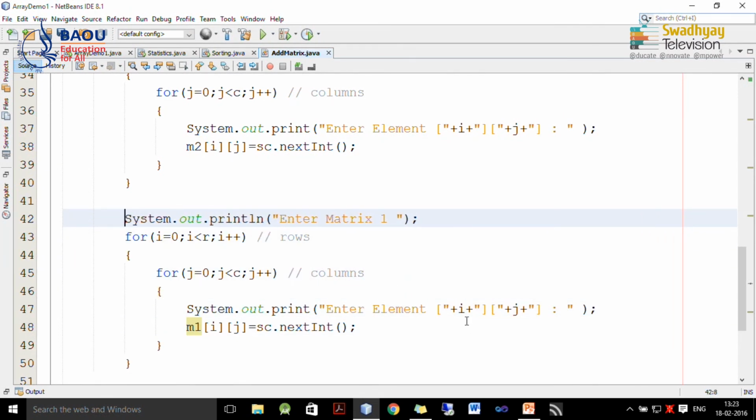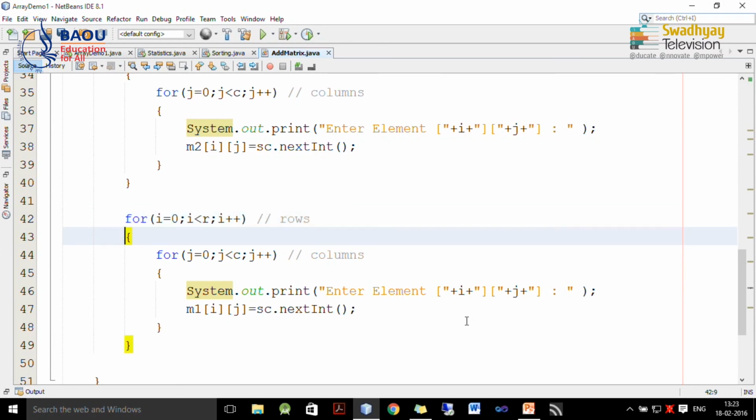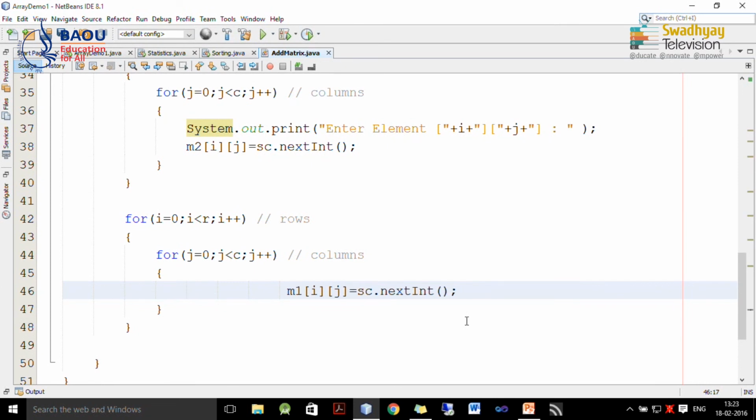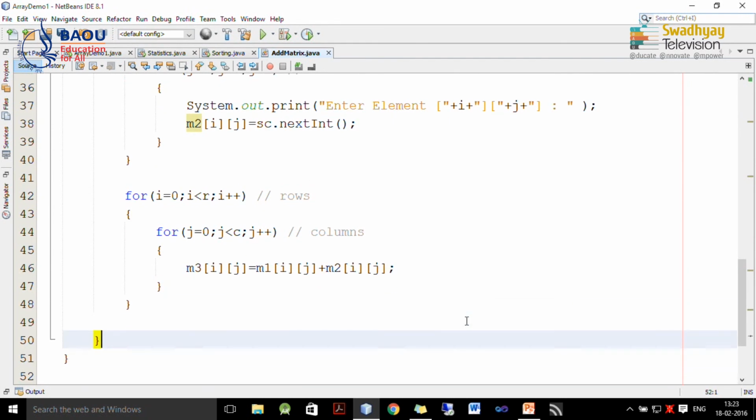So, here we write down, we have already discussed this logic that M3 of ij is assigned M1 ij plus M2 ij. So, we have element by element addition of two matrices inside third matrix.